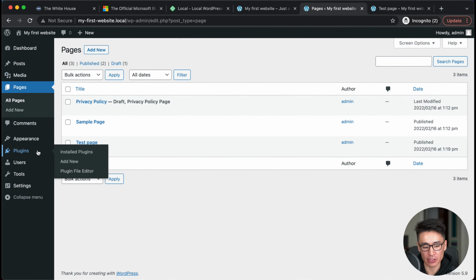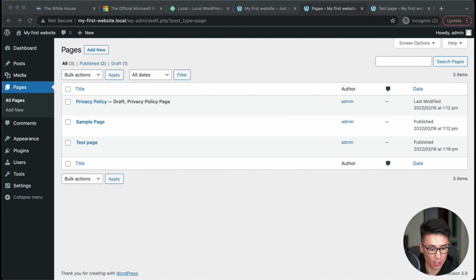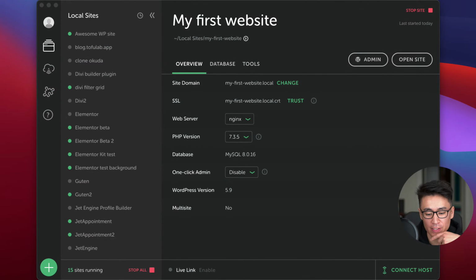once you get here, you already know that you have a website running on your machine. And there's some secret button, which is just for testing purposes though, because it might explode. So anyway, go back here, local. And if I want to share my first website with someone, here's this button called live link.